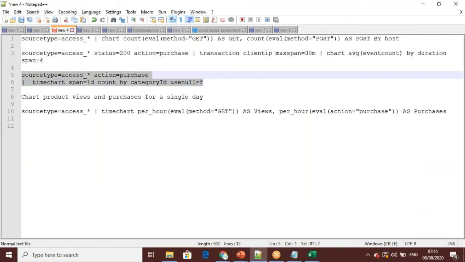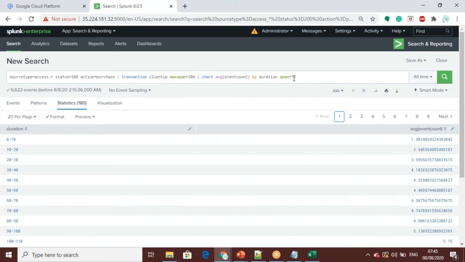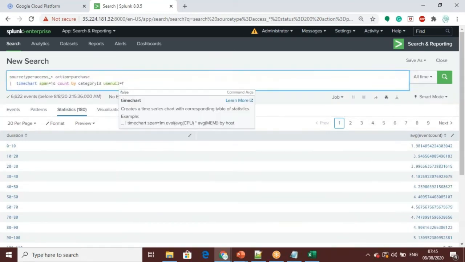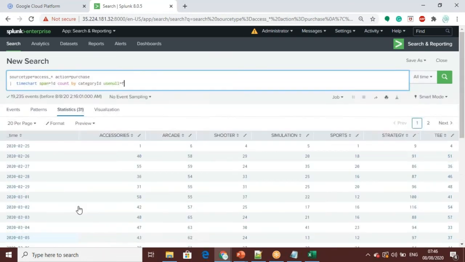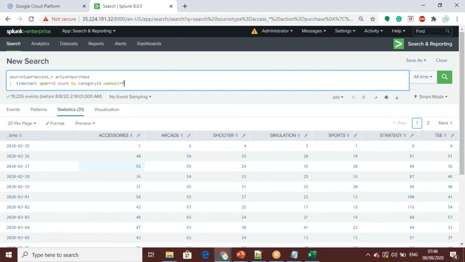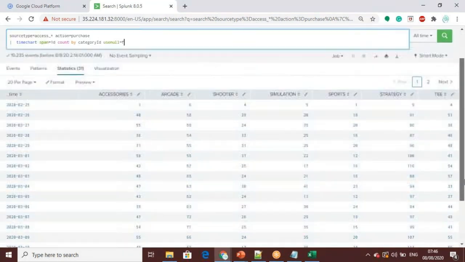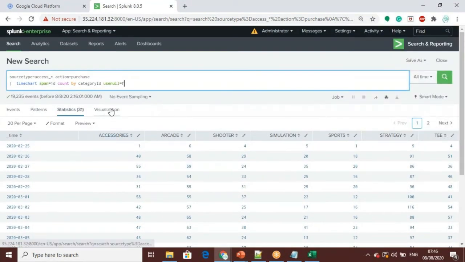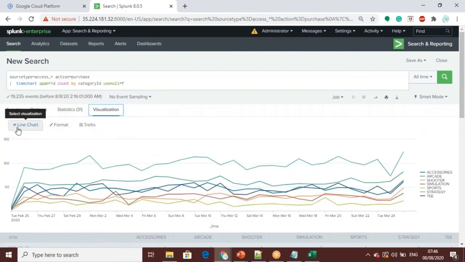This is a time chart. So you can see here, at a particular time, how many games, what games and what category, people purchased. So in this one you can see, for a particular time period, what kind of games people are purchasing. If you see it in visualization mode, if you go to this one,